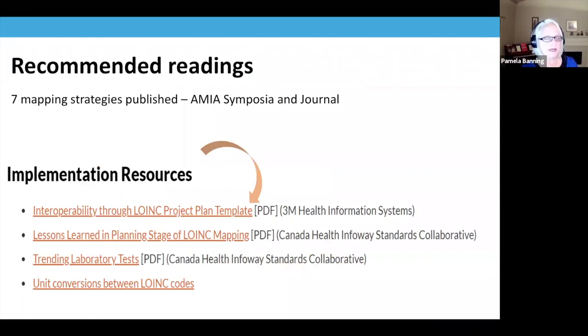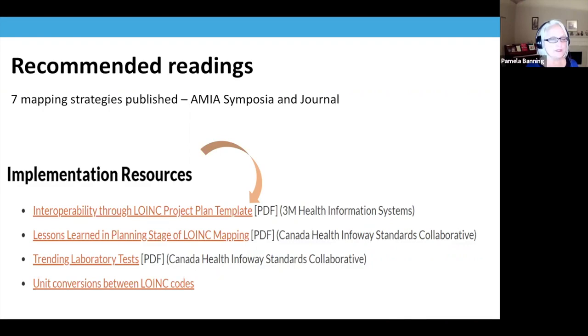Out on the website is recommended readings. There's a page for that. And again, the community has been publishing articles and documentation to help leave breadcrumbs for those following in our footsteps. There are 7 different mapping strategy articles from AMIA symposia and journals out there on the website. And there's a section called Implementation Resources,